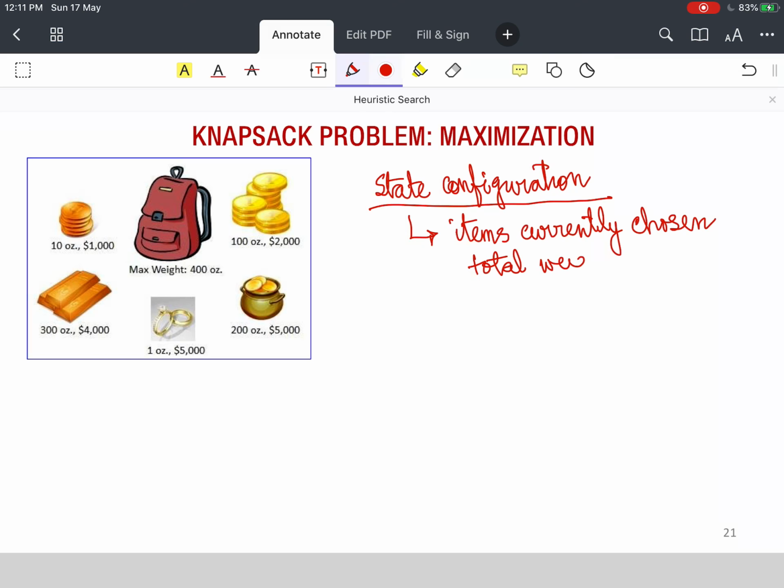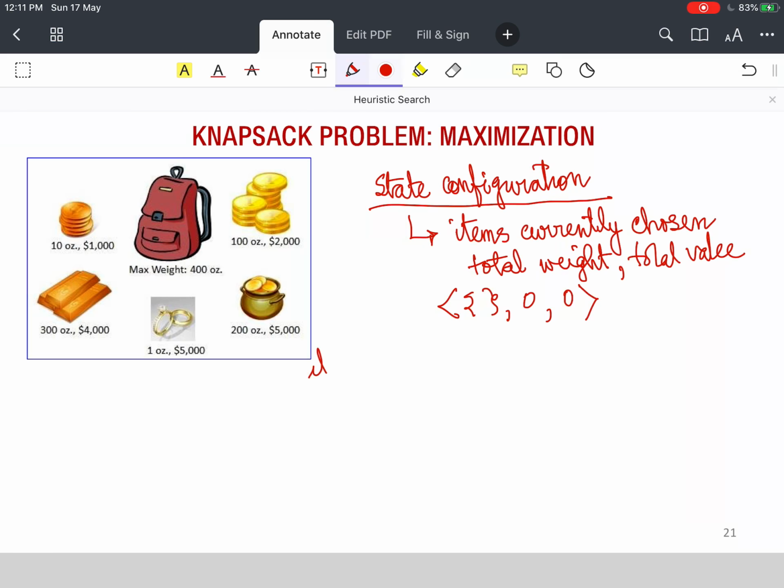And for this list of items currently chosen, we can find the total weight and total value. It's initialized to nothing chosen, total weight is 0 and total value is null.